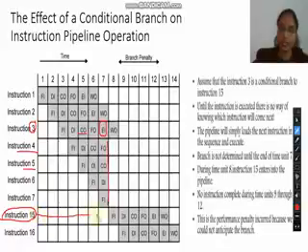Instruction 15 is fetched at time 8. Then it continues to execute, and following that, instruction 16 is fetched at time 9. Now all these instructions were not able to complete because of this branch instruction, and we were not able to anticipate this branch earlier. So we call this a branch penalty.